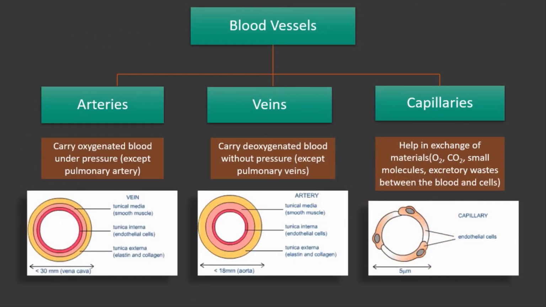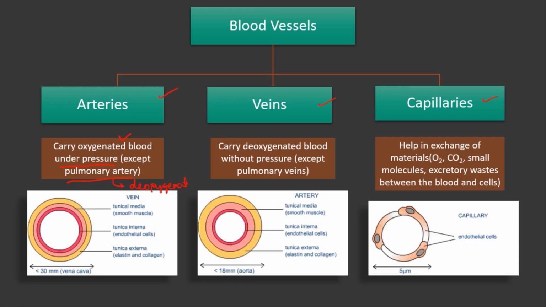So let's now talk about the blood vessels. Now there are three blood vessels which we need to understand about. One is called the arteries, and one is called veins, and the next thing is called the capillary. Now arteries are typically going to carry oxygenated blood under pressure, right? But there is an exception. What is that? Pulmonary artery. Because the pulmonary artery,